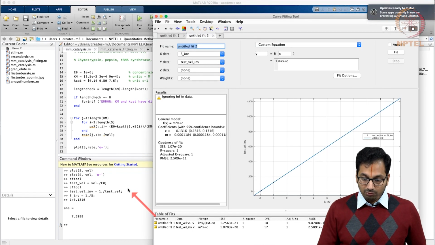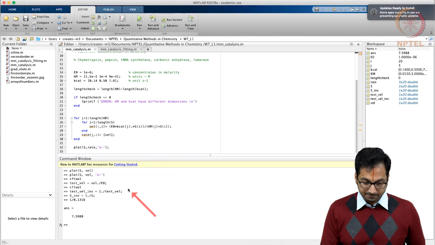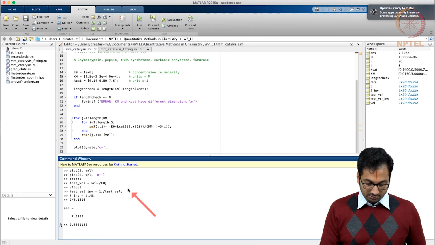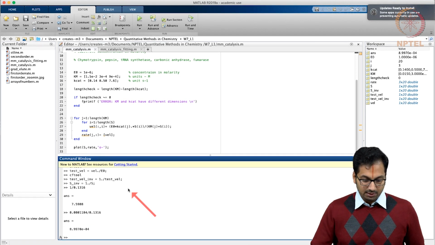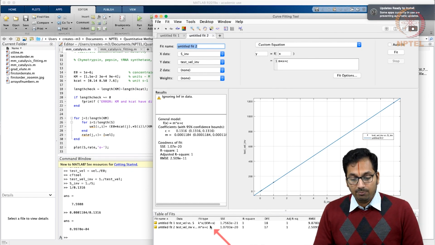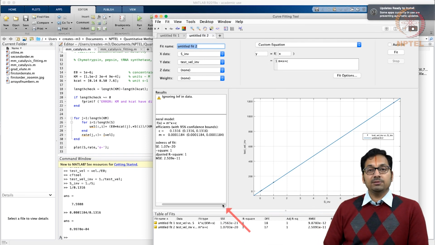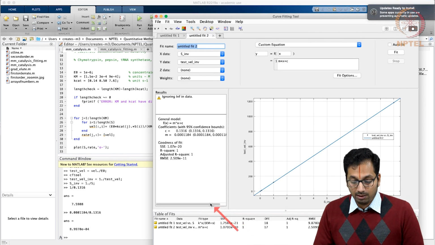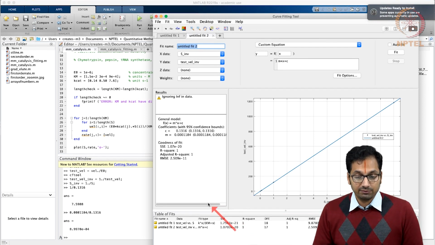Then if you would like to know what is the other one, the way you do it is that you take the slope, which is 0.001184, divided by 0.1316, and you are able to get 9 e power minus 4, which is what we ended up using. And the important thing one has to note is that although the values come up similar, the moment error starts to play a role, you will realize that these could end up being different. That is what will be the focus of this current class.